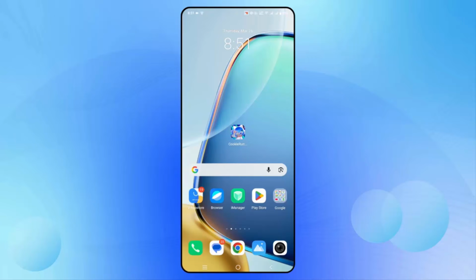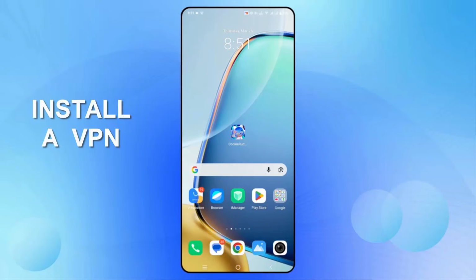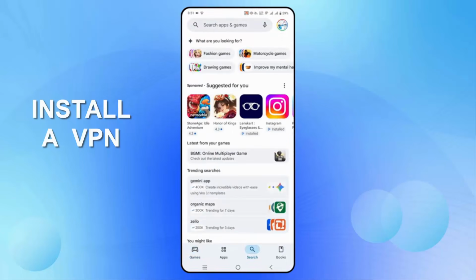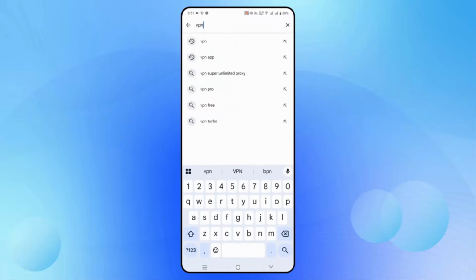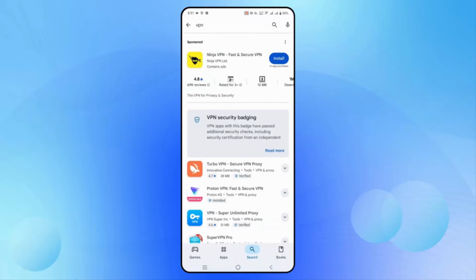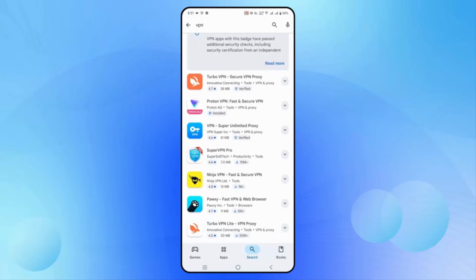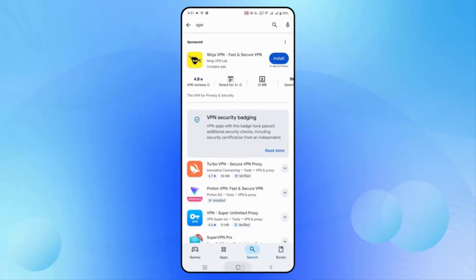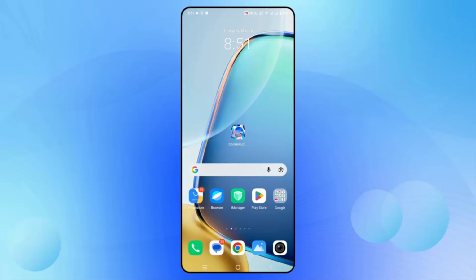If you cannot install or launch the game, you can install a VPN to run the game on your phone. For that, go to Google Play Store. In the search option, search for VPN and you will get lots of apps available over here. Install any one of it. After installing it, log into it. Once you log into it, now change the location, and after that try to launch the game and check whether